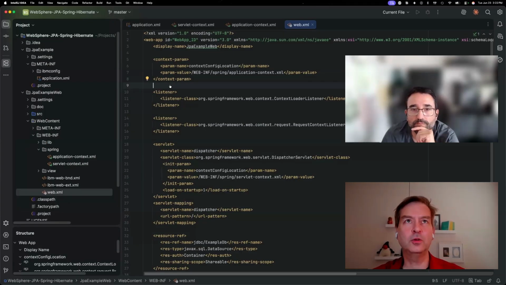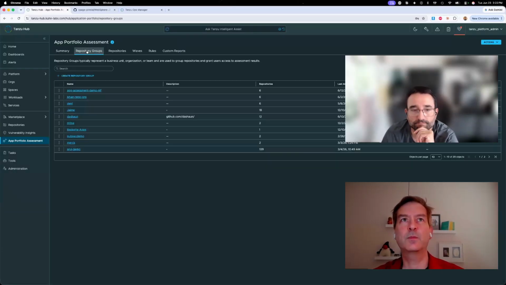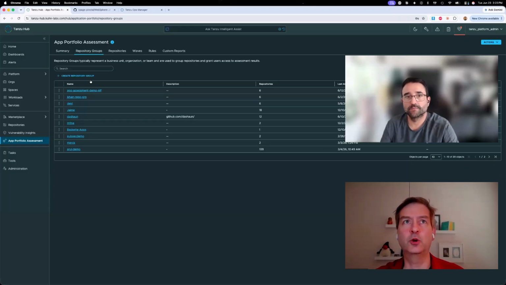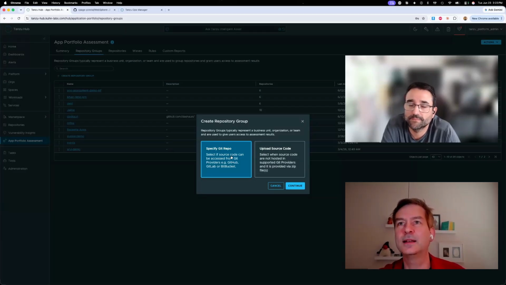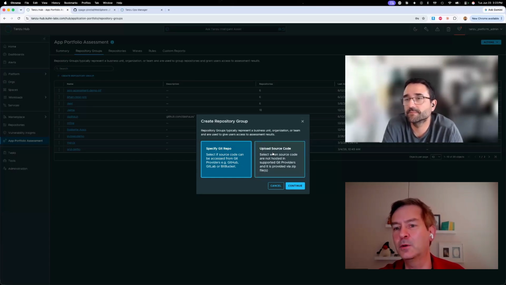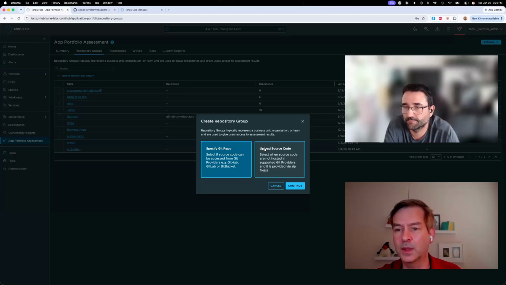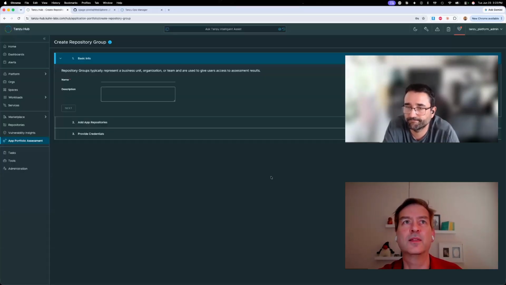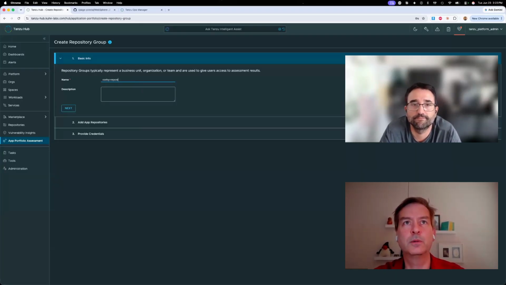If I look at the documentation, it looks like I start off here by setting up what's called a repository group. So this would be a group of applications. And what I like about this here, Jaime, is that it says, "Hey, for today, I'm just going to point it directly at my Git repository." But if that's not tenable for some reason, if you don't want the platform touching your repository, you can't reach it, you can actually just go ahead and upload the source code itself, and it will assess it that way. So I'm going to create a repository group